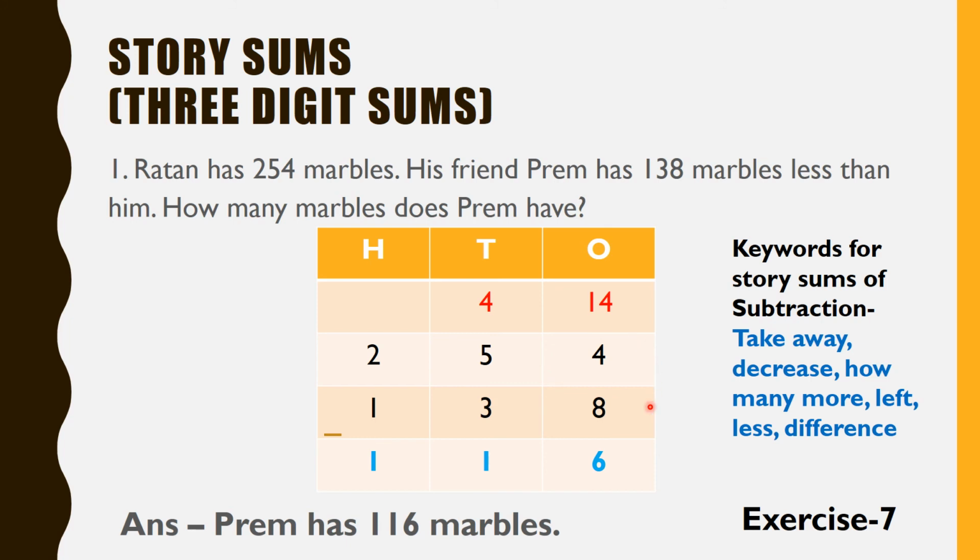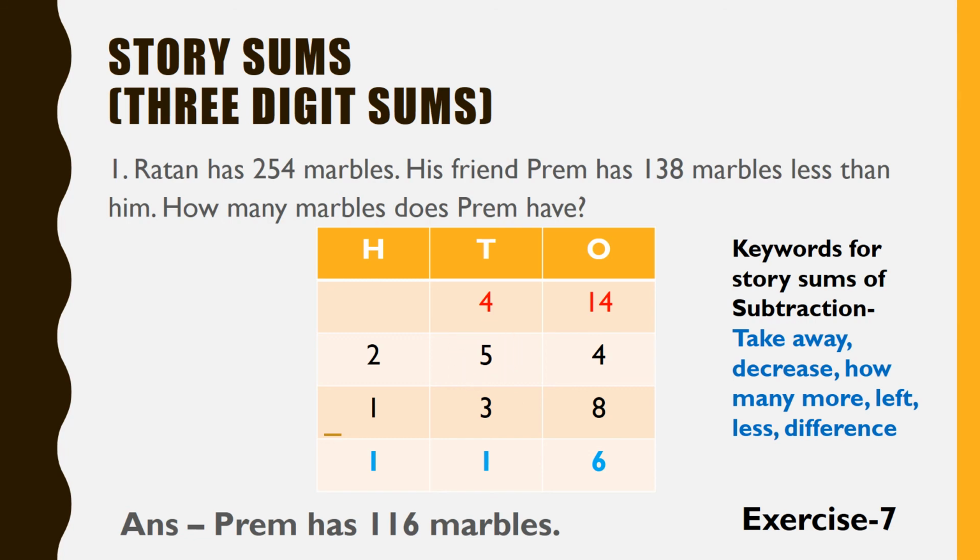Okay, so the first step again you have to consider is to observe the values which are there at the ones place. Those are 4 and 8. Now you can see here that again you cannot take away 8 from 4. So for this reason you have to borrow 1 ten from here. Okay, that means from the tens place. So you have to borrow 1 ten from 5 tens.